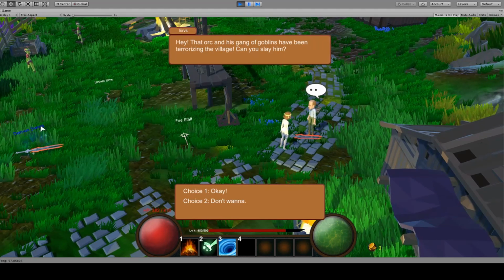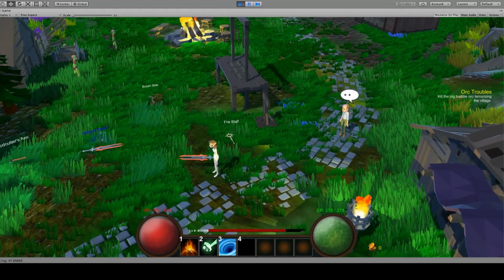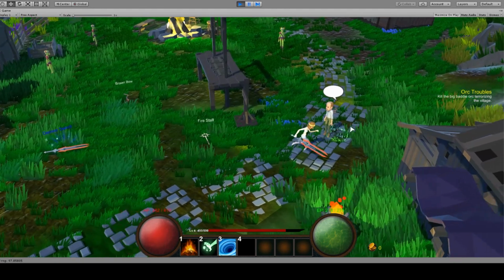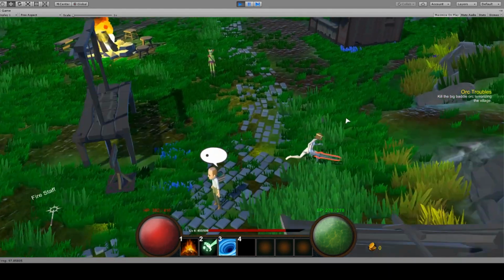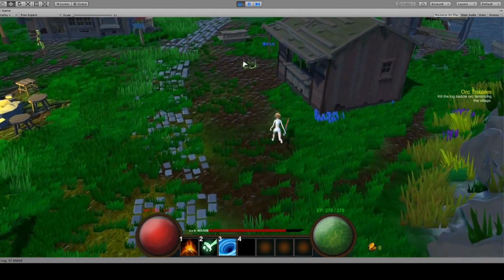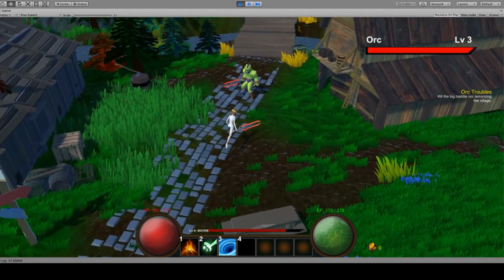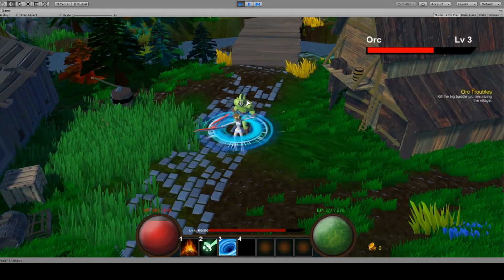If I go to this guy and initiate a conversation with him, he will have a quest that I can accept. This will then fire an event if I choose to accept it to my quest log that will add this quest into my list of active quests, and then this quest will have an objective which I must fulfill in order to complete it, which would be to kill this particular enemy right here. So once I go and do that and kill him,